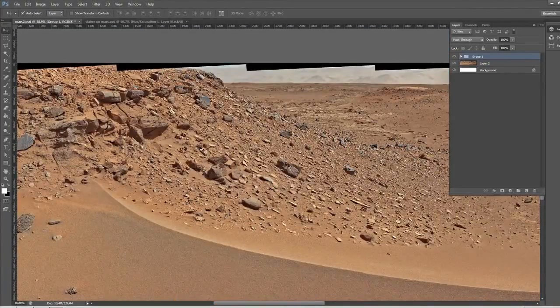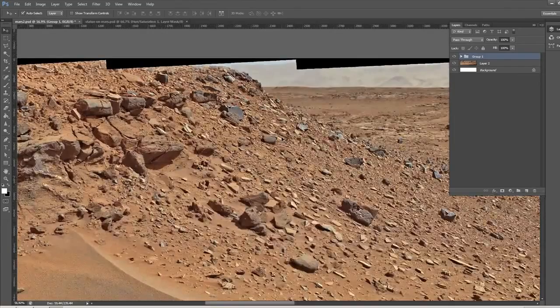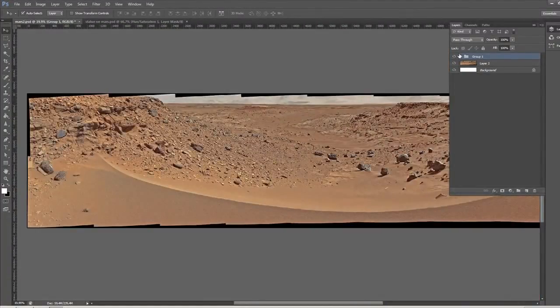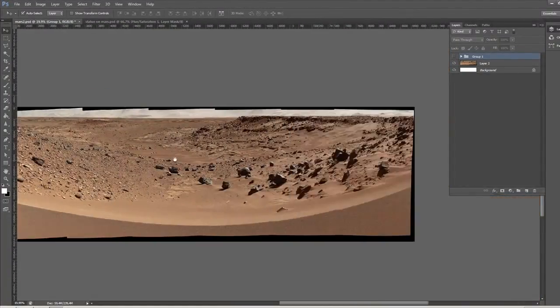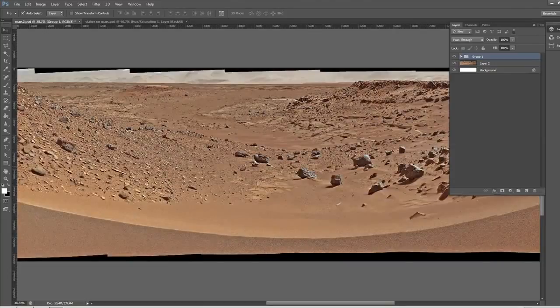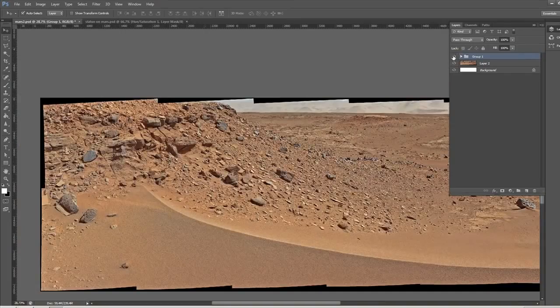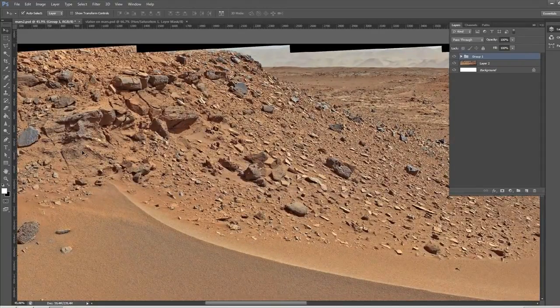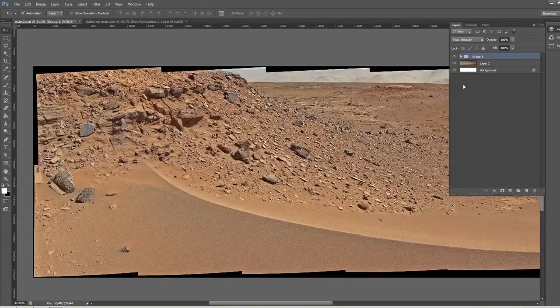What I want to make you notice is that in this area there are, first of all, this is the original photo of NASA, and this is my enhancement. My enhancement allows you to look also in the shadows. With my enhancement, we will go on observing this photo, and when you observe it, you will notice that